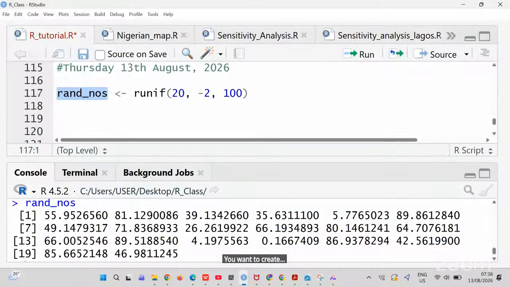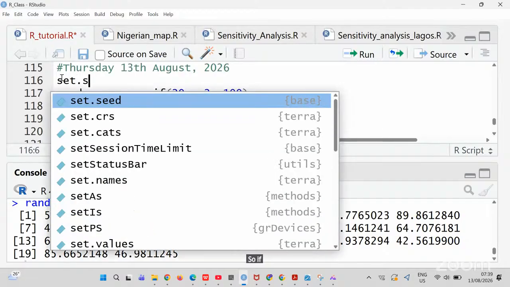a data set using this random number generating function. You don't want that data set to be changing from time to time. Are we together? So you don't want it to be changing from time to time. So that is where the set.seed comes in. So if you say set.seed,